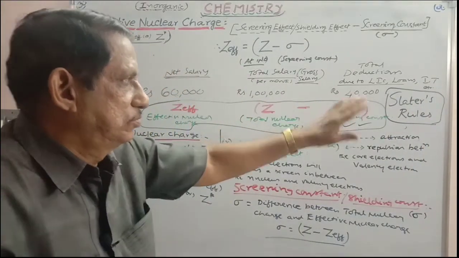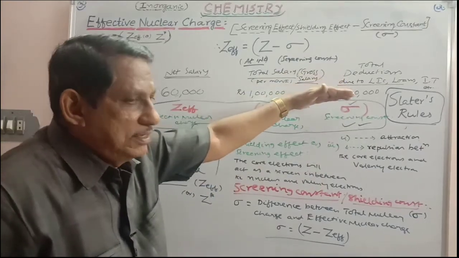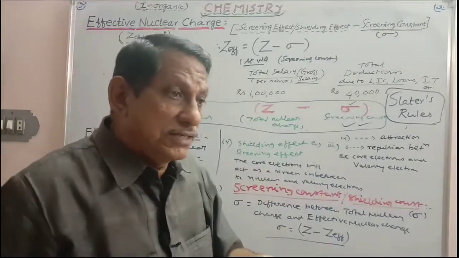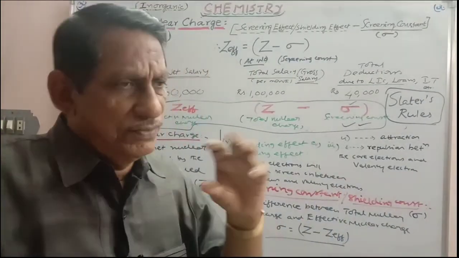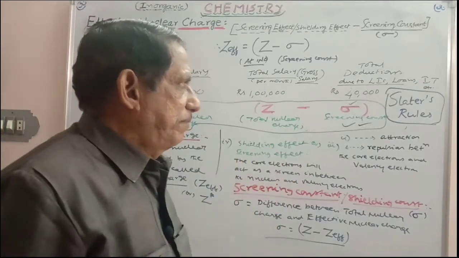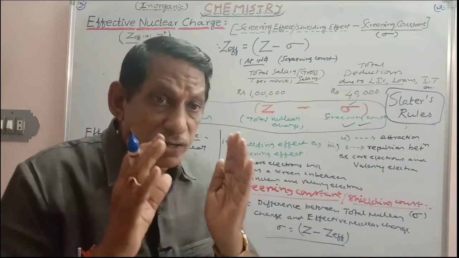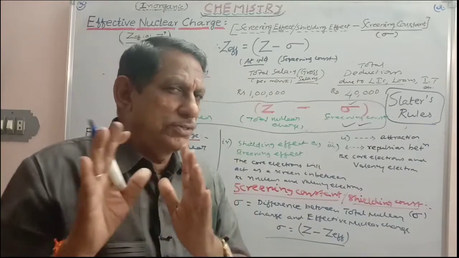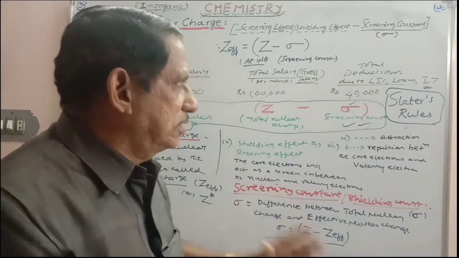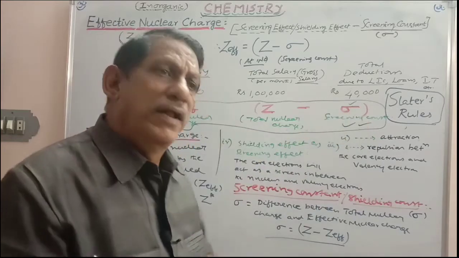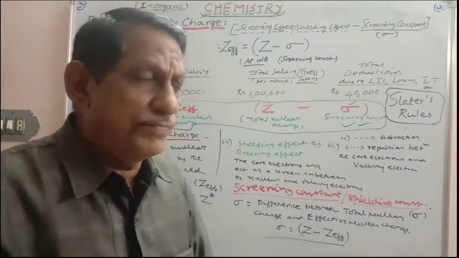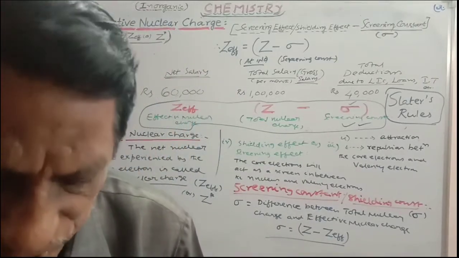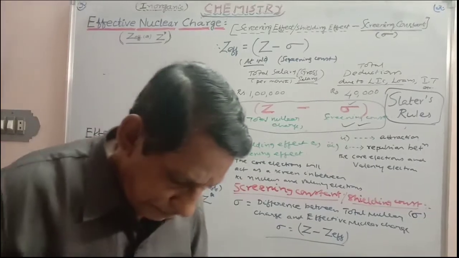Slater rules are used to calculate the sigma value for any electron present in the outermost orbit, or you can take a reference electron in the inner orbit also. Screening constant can be calculated for every electron. For that, he introduced certain rules. You have to follow those rules only. In the view in which that interpretation was made by him, with the same angle you have to think, not the other angle. Thereby, for every electron, for every atom, you can calculate the effective nuclear charge. So now let us study the Slater rules for the calculation of sigma value. Please note it.